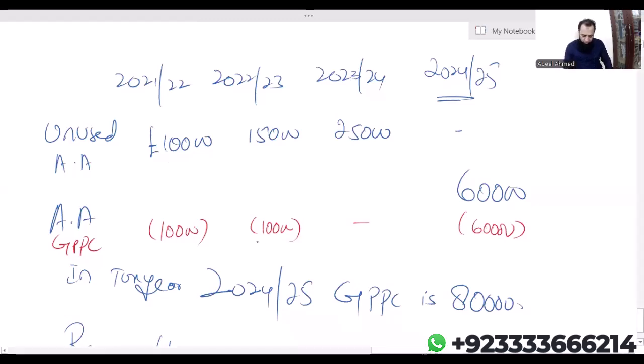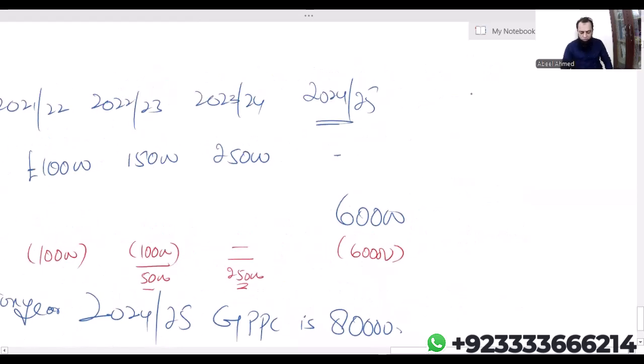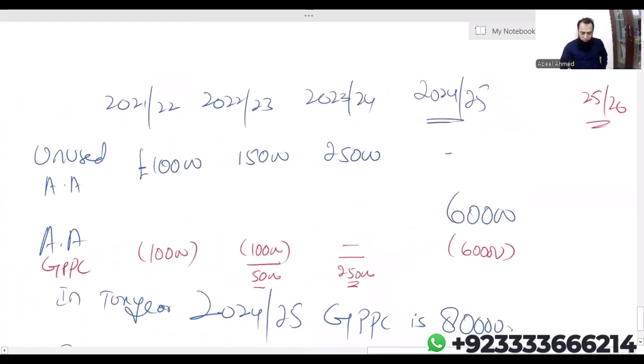Now, still we have unused limit of 22-23, 5,000. We do have unused limit of 25. Now listen and listen carefully. The examiner has asked one more question. How much unused limit will be carried forward for tax year 25-26? So unused limit can be carried forward for how many tax years? 3.